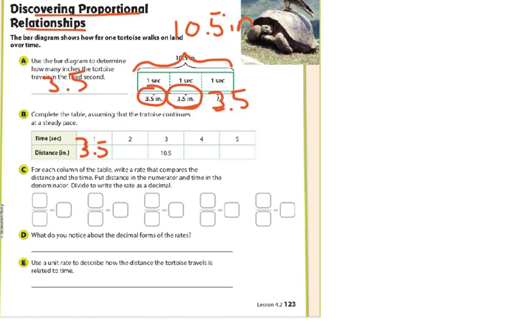The second would be a total of 7 inches. The third would be that 10.5, which we saw up there. The fourth second would be, add 3.5 to that, we end up with 14. And then the fifth second would be, add 3.5 again, 17.5. Notice that he's going at a steady pace. We're going to call that a constant rate. He's going at a constant speed,